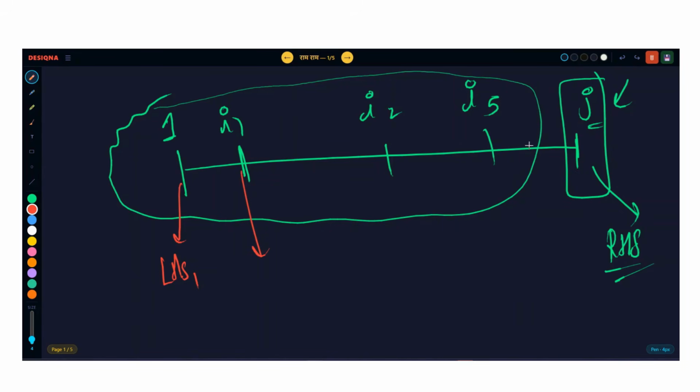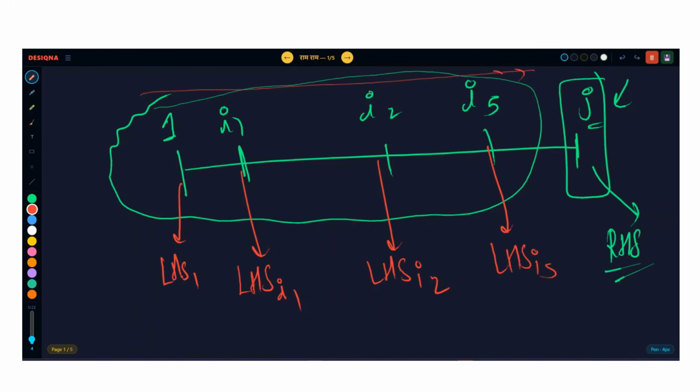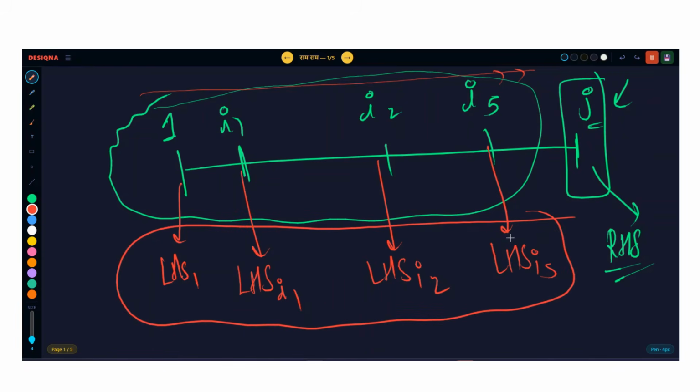I1 is a random index less than J. LHS I1, LHS I2, LHS I5. When I was traveling from 1 to I5, I stored the LHS of all these indices in a sorted set. All these guys are now in a